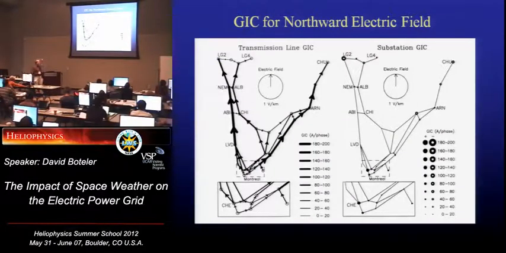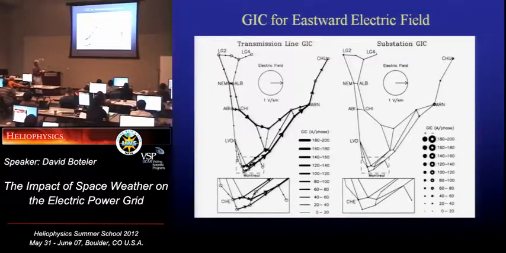But the practical thing we can do is use the modeling skills I've been describing to model specific power systems. So this is a model of the Hydro-Quebec electric power system with a northwards electric field. And you can see here the current flowing in at the southern end, up the transmission lines and out at the north. And so these are the GIC in the substations, so we're seeing the largest GIC at some of these sites at the edges of the network.